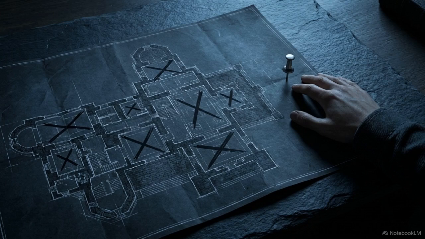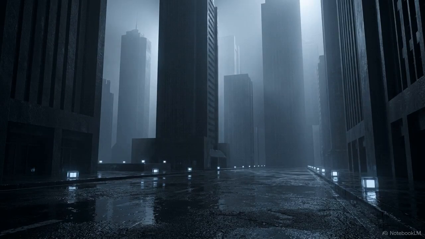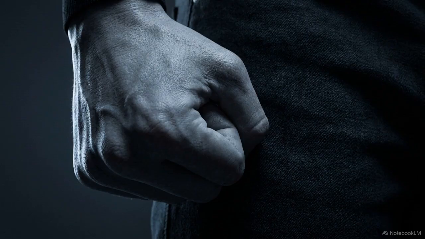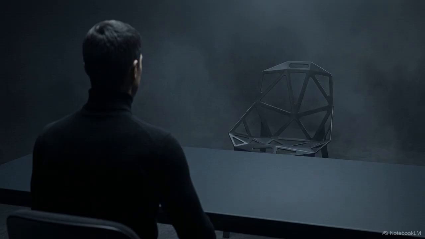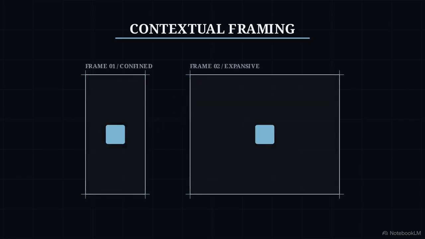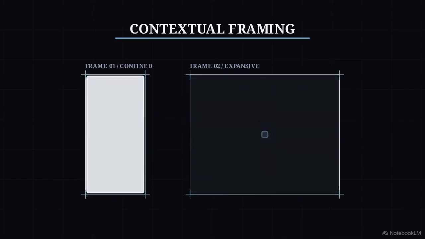Beyond the timing of the cuts, the blueprint mandates that physical locations are never used more than once. Placing information in a rainy street, a bustling cafe, or a mirror room establishes an emotional tone before a single word is spoken. This visualization demonstrates contextual framing, showing how the dimensions of a space alter the perceived impact of